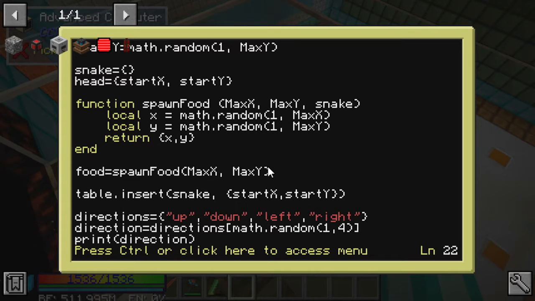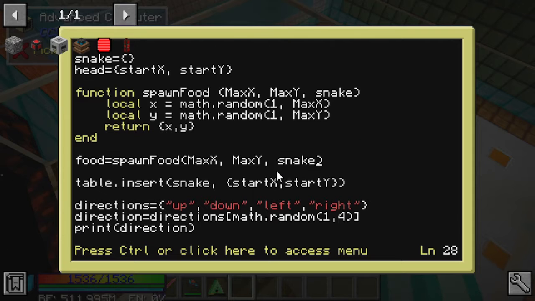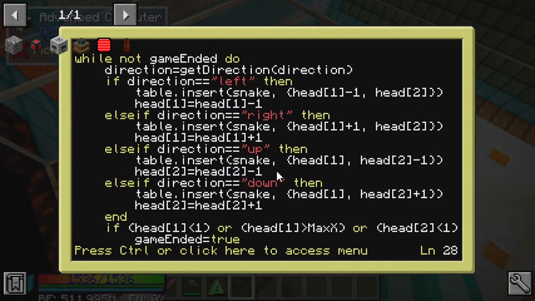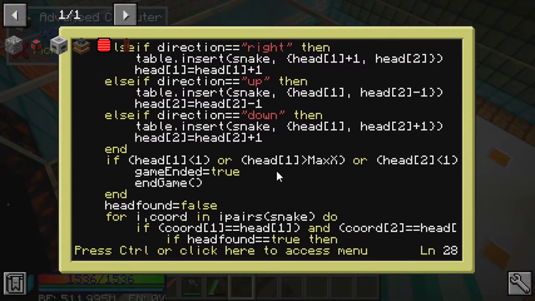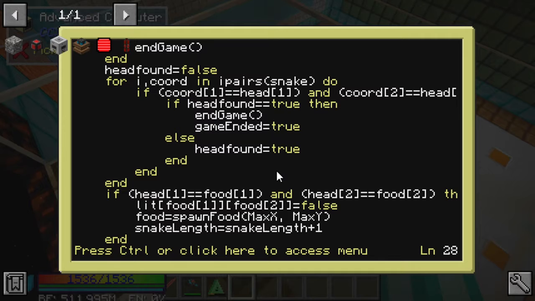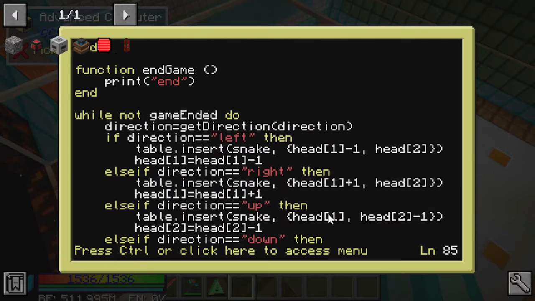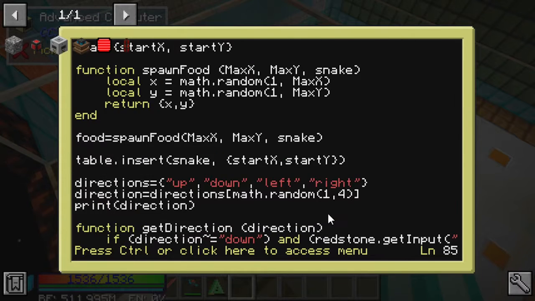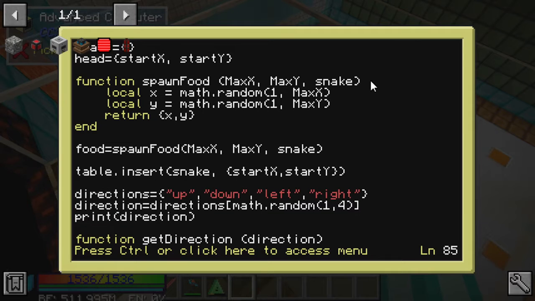So I'll pass this the snake as well. Snake has already been created at this point. That's fine. And then where's the other call for it? Where do we get the food? Spawn food, here we go. Yeah, I really should have made this on Pastebin, but it's fine. Right, here we go, spawn food. Right, so then what I do is